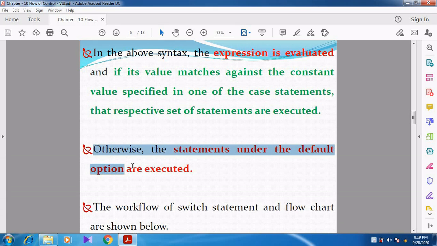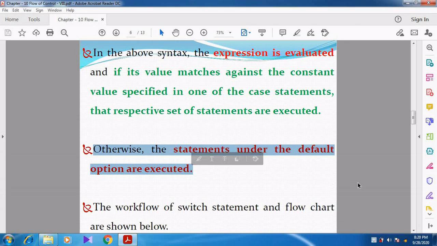Otherwise, if none of the case statements matches, the statement under the default option is executed. Under the default option, some statement will be there. That particular statement will be executed.